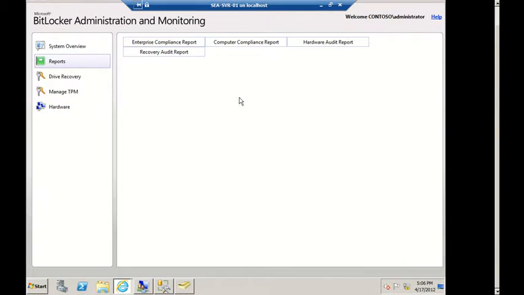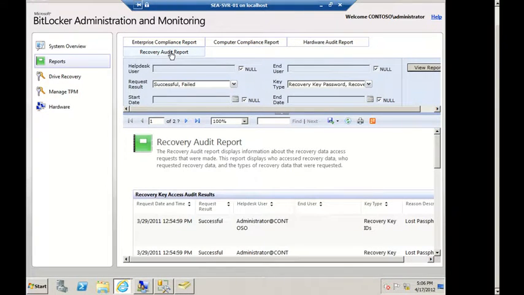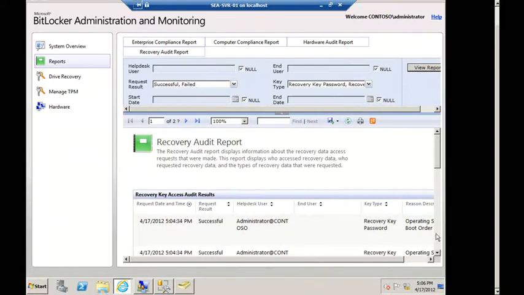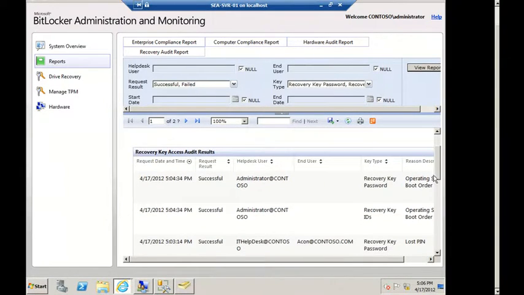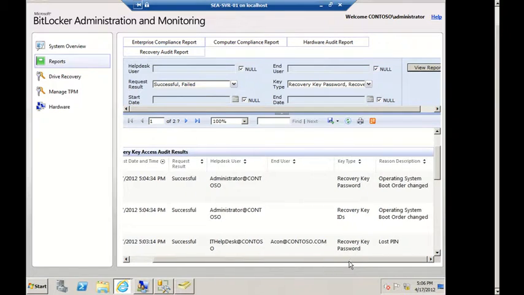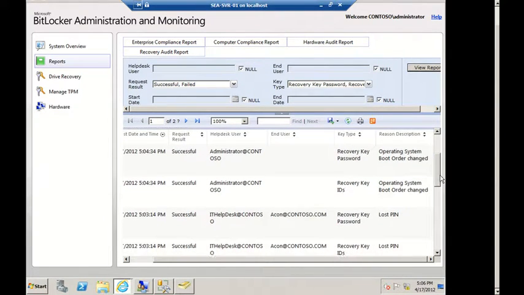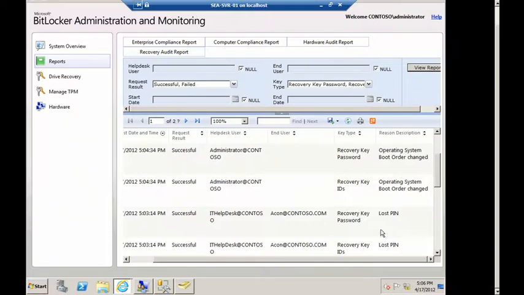The last report that I want to show you was the hardware audit report, or the recovery audit report. We talked about this, that I need to be able to track what happens in the enterprise. So when I've gone in and done this in this last one, I'll just show you this real quick. You'll see that just a couple of minutes ago, again, apparently this is on Mountain or a different time zone, I was able to come in. The administrator requested this. They had the recovery key. You can see the IT help desk also did it and had a lost PIN, right? So all of that is tracked and auditable inside the database as well. All right. There's your management portal. Let's flip back